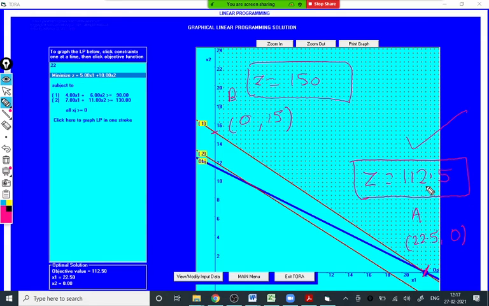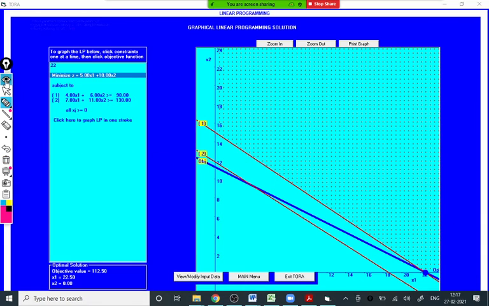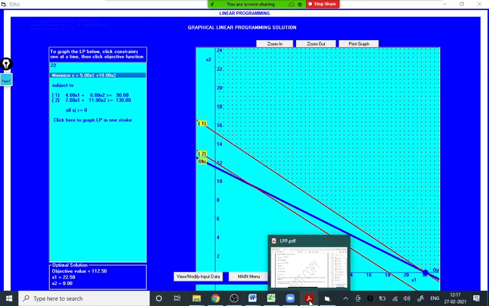So I will come to that part with one example, but right now I will just say, in that case, whenever the slopes are equal, you get infinitely many solutions. So these are the different solutions that are there in a graphical method. Let me show you quickly the other varieties of solutions in a graphical method.